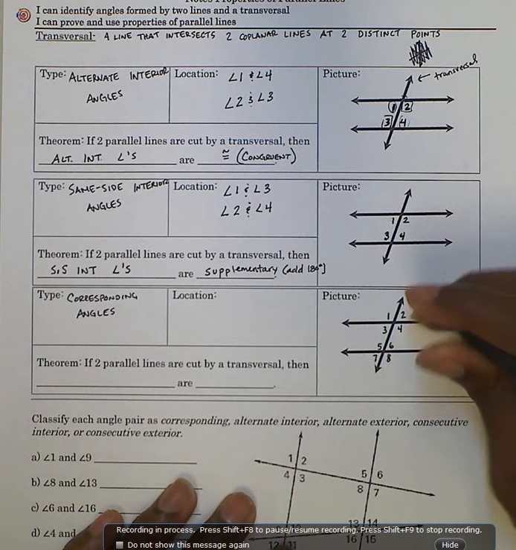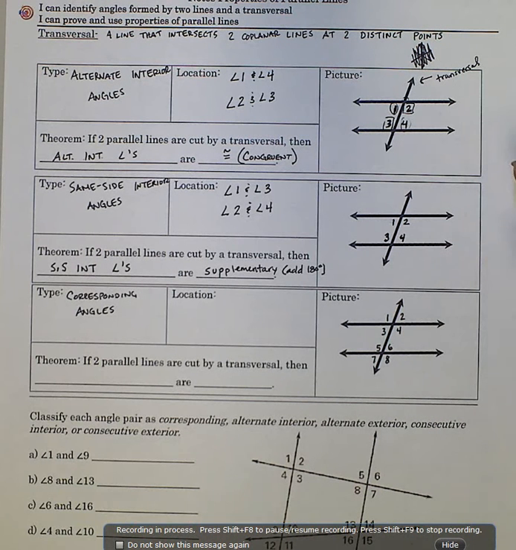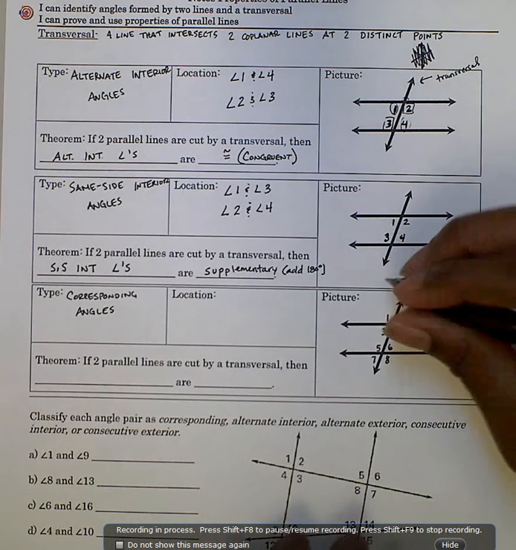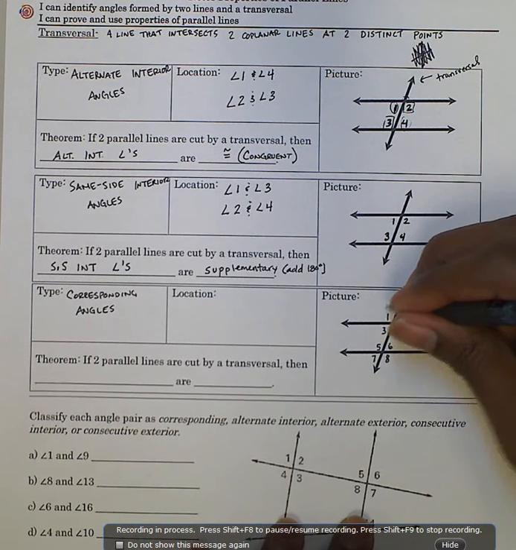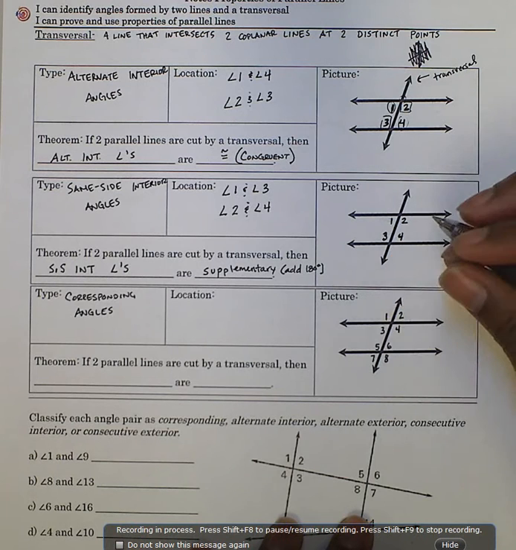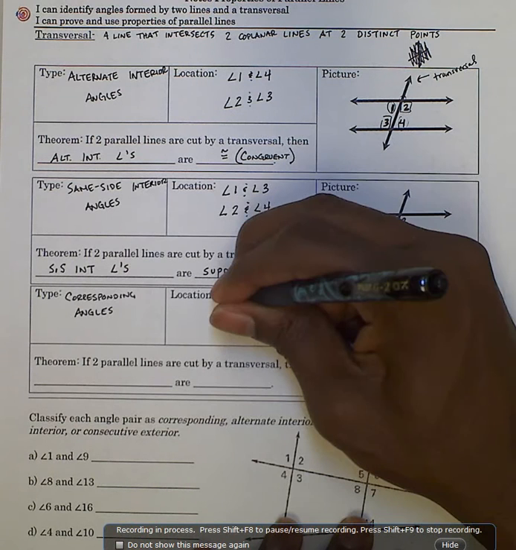Okay, all right. So corresponding angles, I kind of think of them as being in the corresponding parts, or in the same spot on the different lines. Okay, so here's how I think of it. I'll give you a pair of corresponding angles because there's a lot of them. A pair of corresponding angles: angle 1 and angle 5